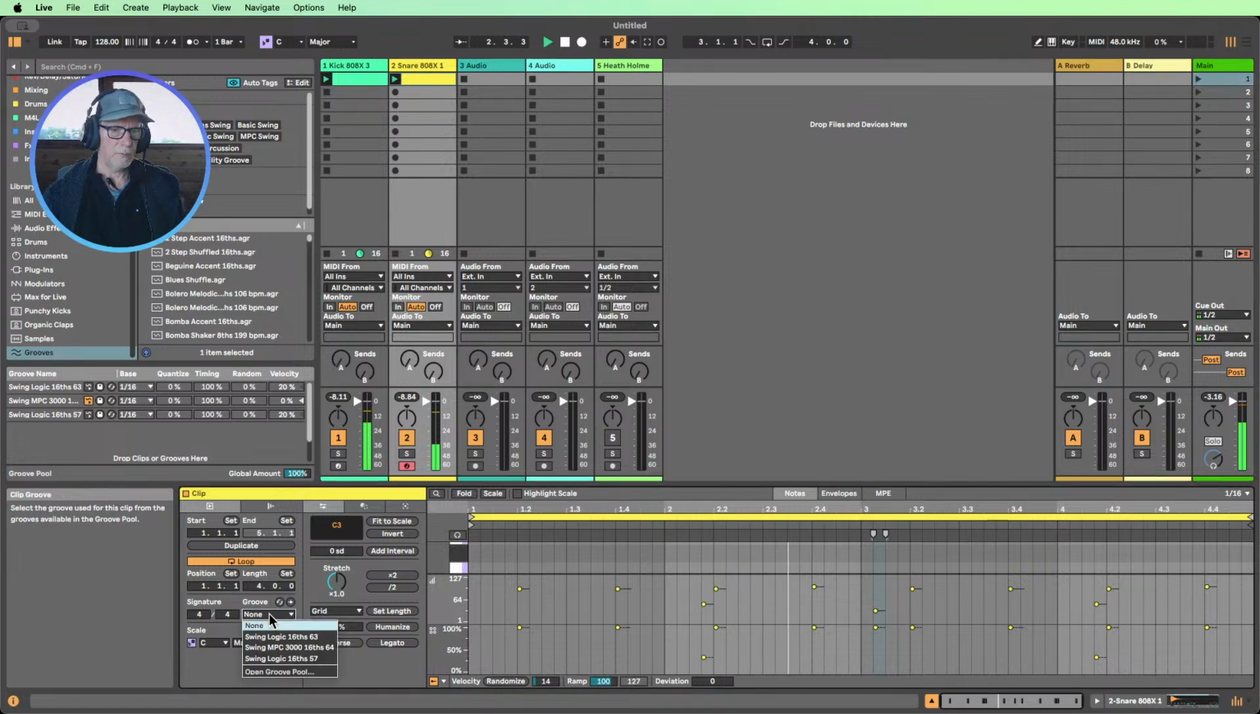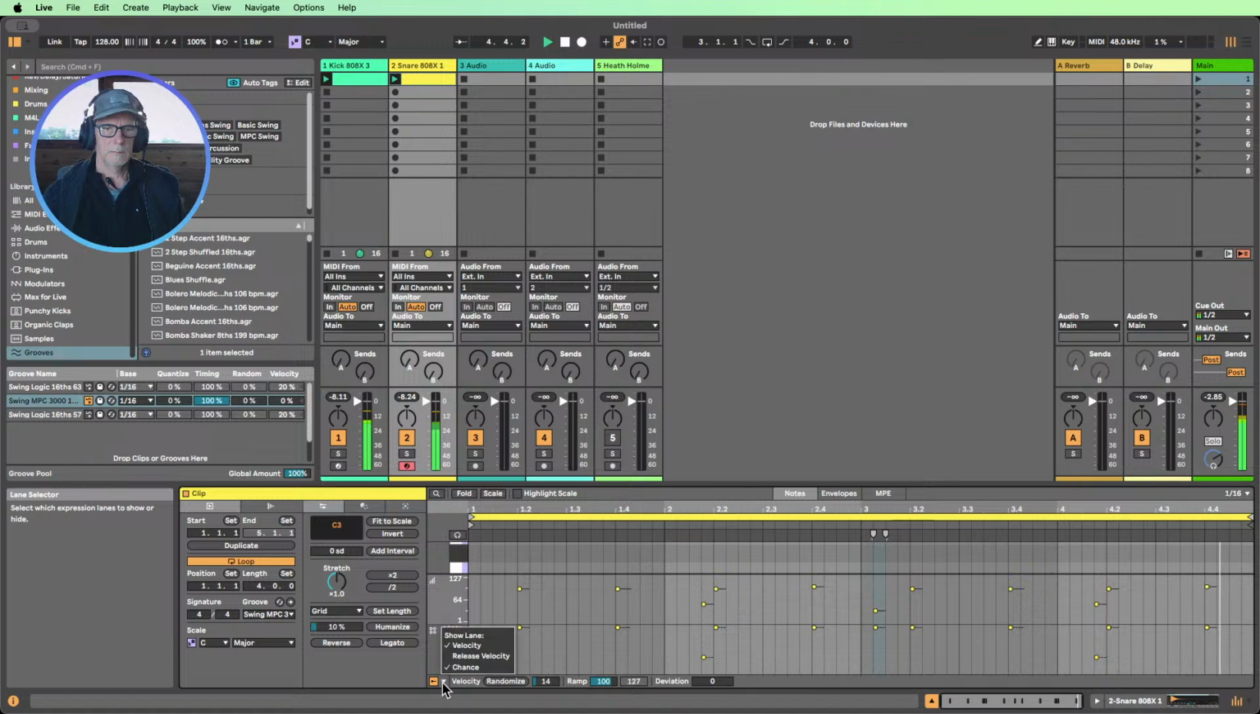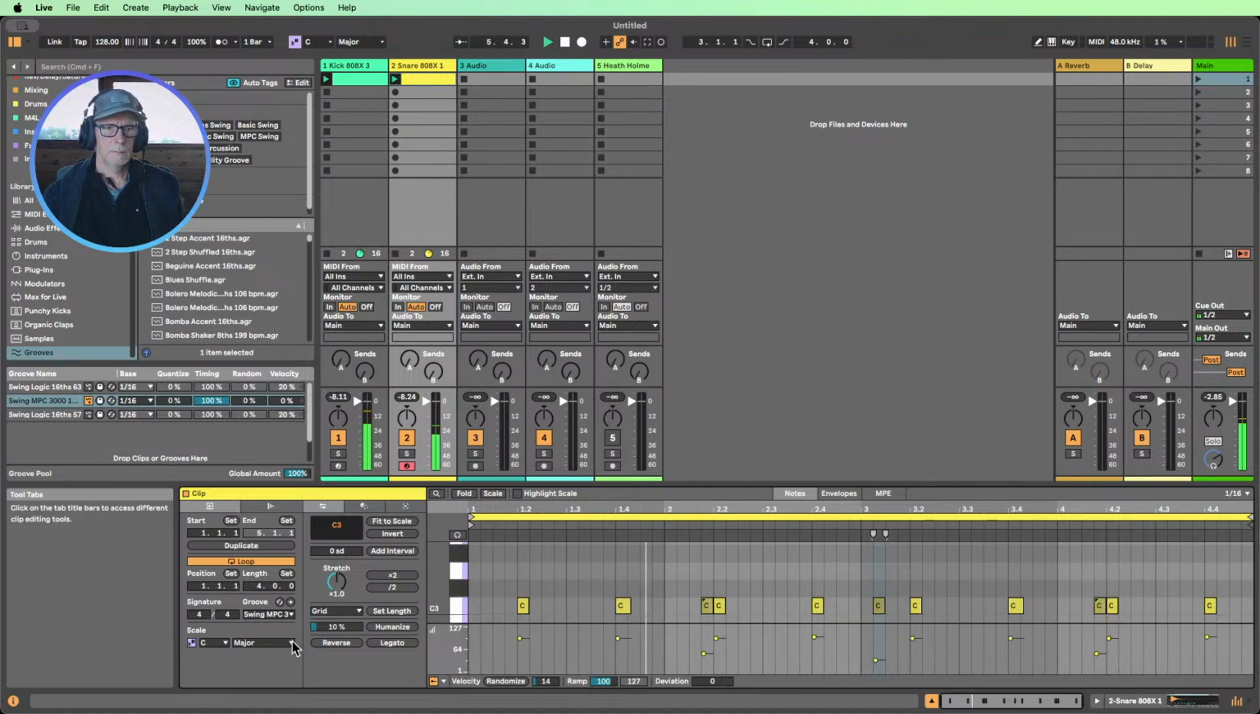Let's have from the groove pool here, maybe the MPC. So that's much straighter. So I kind of like this MPC. I've already adjusted the velocity, so I'm going to leave the velocity at 0. But you know, if you want to play around with this, you can then